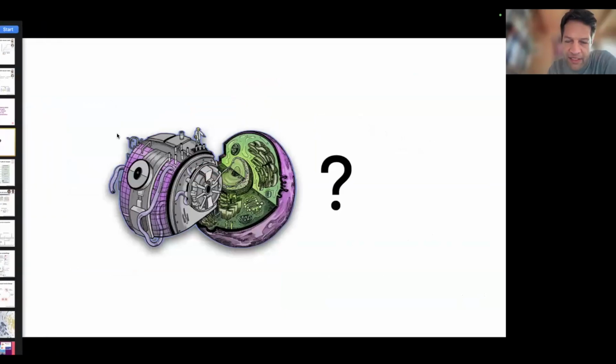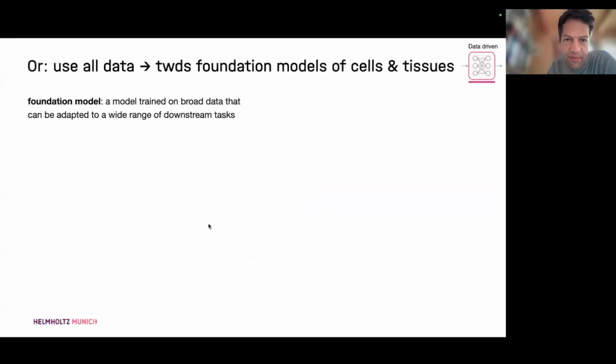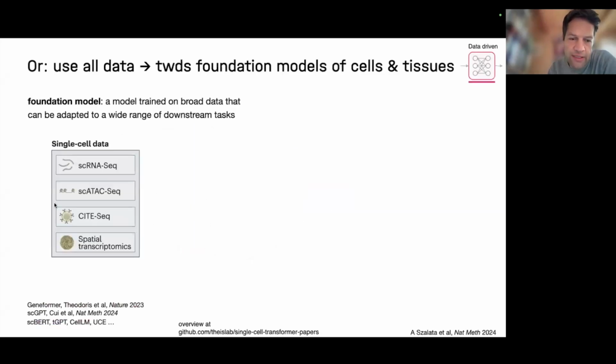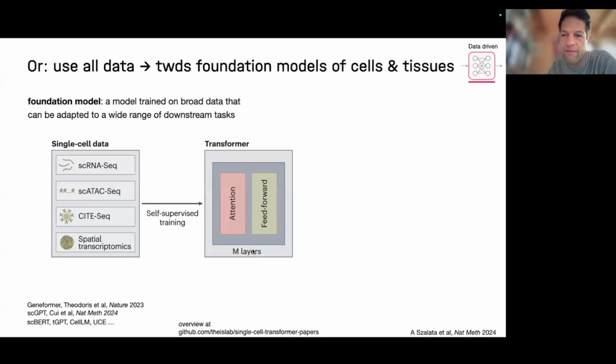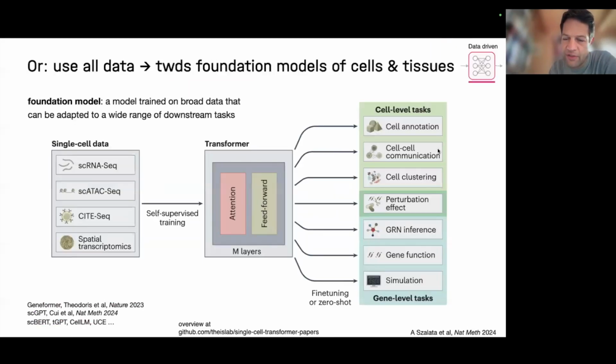So if I may, I just want to have two points on perspective. Remember I talked about this perspective, about this virtual cell that a lot of people now think about. Can we do an AGI type of thing, like a language model on these cellular profiles? There's been some excitement about this foundation model: take all this data, train it once with a very big transformer, and then fine tune for downstream tasks.